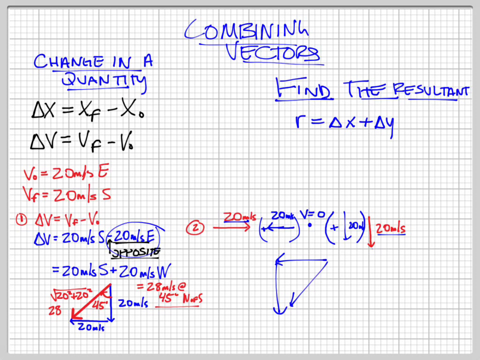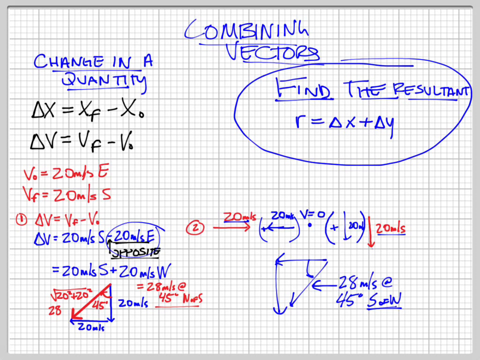And this is what I got, which is, again, the 28 meters per second at 45 degrees. And looking at it again, this one is a little bit different. It's south of west. Either way, it's still south and west. Those are the two ways I want us to look at these problems. Okay. We will come back to finding the resultant at the end a little bit, but that's what we've been doing the whole time. So for the second problem,